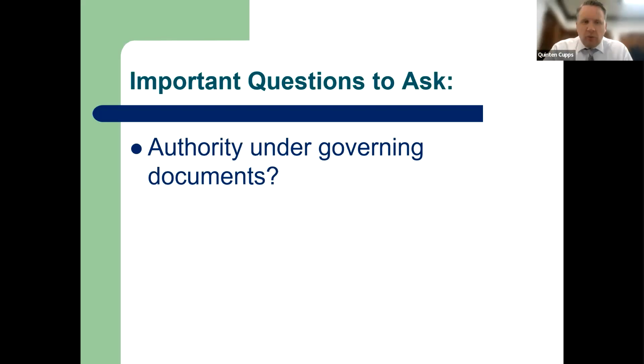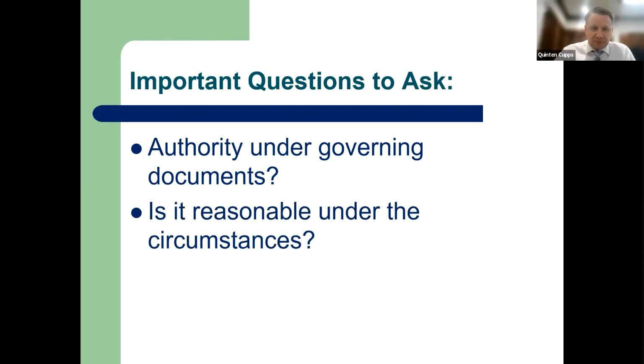First, I think you need to look at what authority you have under the governing documents. What are your options? We mentioned before that some of these options are governed by your CC&Rs, so you may not have these options. What is our authority? What do the documents say about this particular issue? Second, is the option that we're going to choose, whether it be fines or self-help or a lawsuit, a reasonable option under the circumstances?